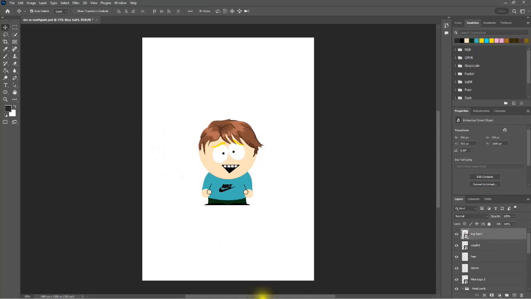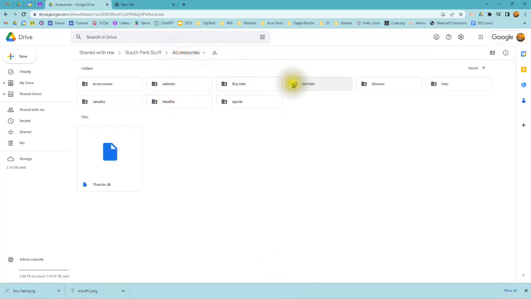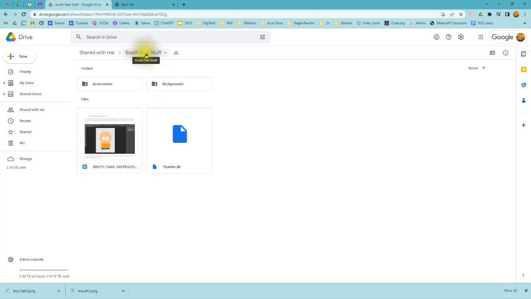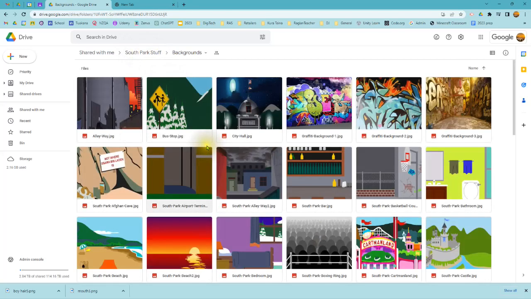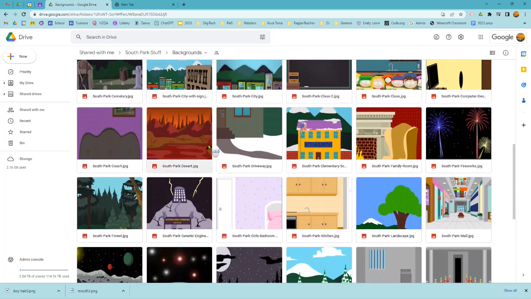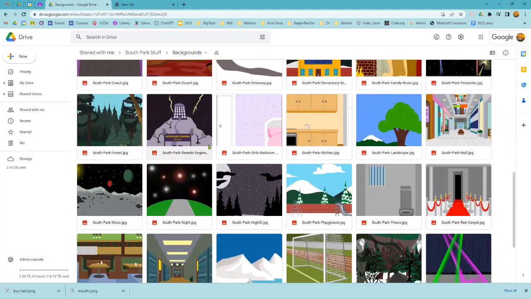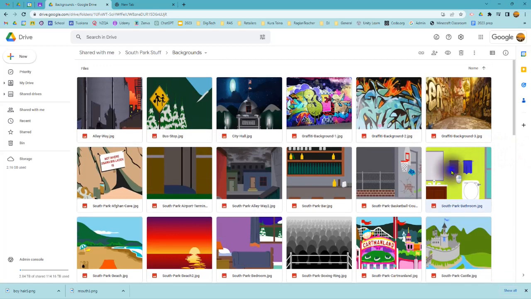So feel free to do that as much as you like, going back to that Google Drive, adding whatever you like to those things. Once you're happy with your character, the last thing we'll do, let's add a background. So we'll go back up to the South Park stuff, and there's a folder that's called Backgrounds. And there are heaps of scenes that work pretty well. South Park City, the school, all those kind of things you recognize. I'm going to go for the bathroom. Why not? You right click, download,